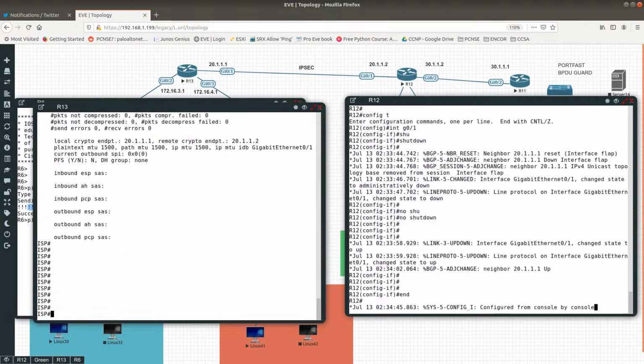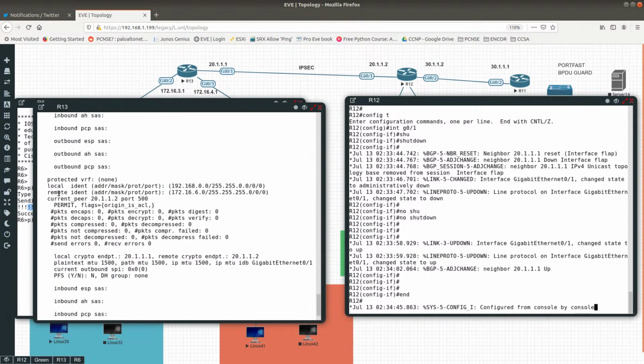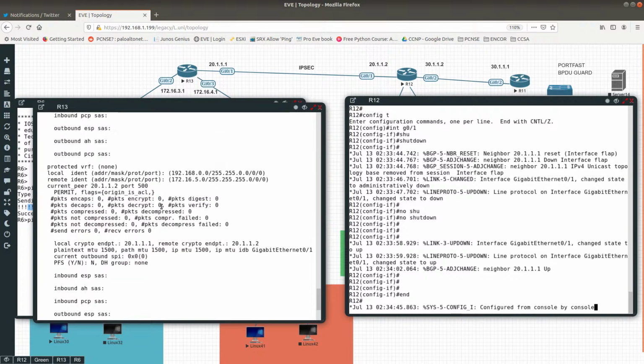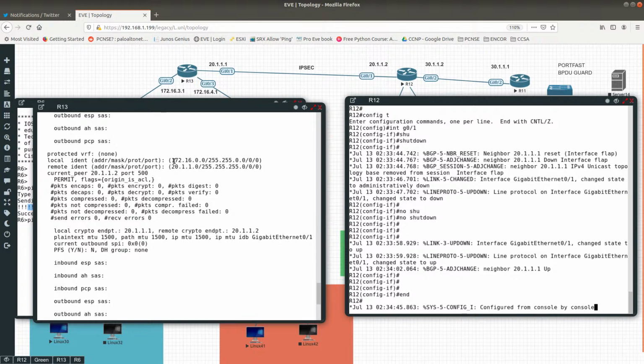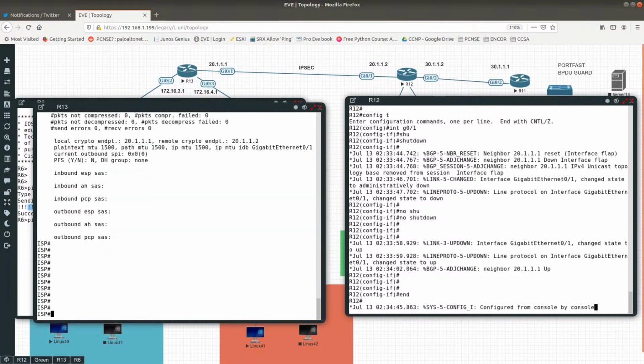No, nothing encapsulated, nothing. So we have one, which is protected, VRF none, 192. The local and the remote. Do we need to do okay? So if I'm going from over here, but whenever I ping from this local guy, it's going to be NATed, and it's going to be basically 20.1.1. So what if we just do a config t